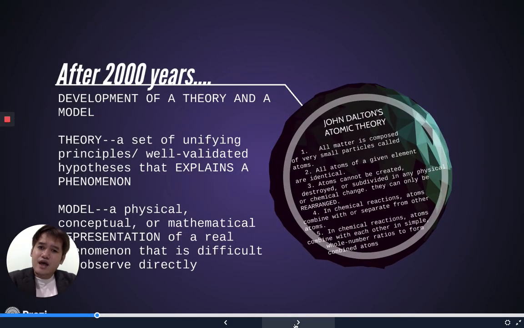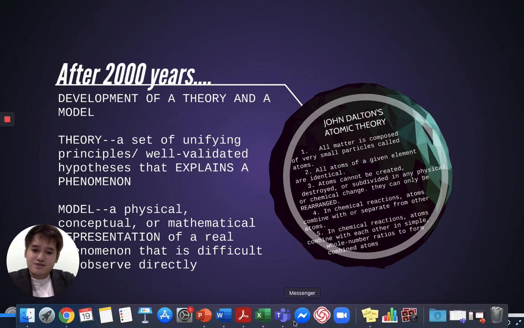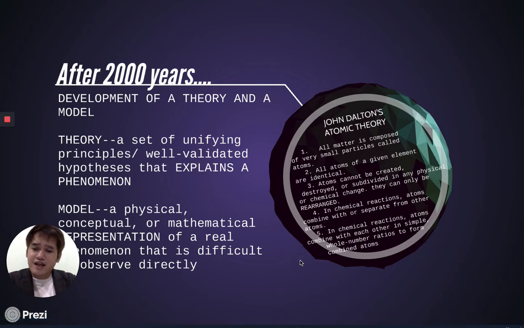After 2000 years, the story was Democritus' idea stood up against Aristotle. Aristotle thought that there are four elements that make up matter: air, water, earth, and fire. So the idea of atomos was shunned away by people. They believed more in Aristotle. It was only after 2000 years that the idea of the atom re-emerged through the person of John Dalton. But before that, we need to talk first about the development of a theory and a